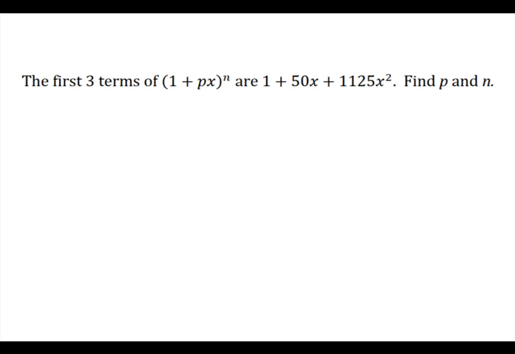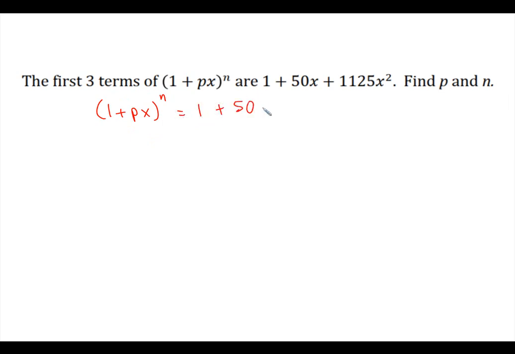Alright, so let's take a look at these harder type binomial questions, okay? So first of all, we have (1 + px)^n, right? If we were to expand this out, it basically says this would be our first term, second term, and third term, okay? So basically we take 1 plus px to some power. If we were to expand this out, if we knew what p and n were, it would give us 1